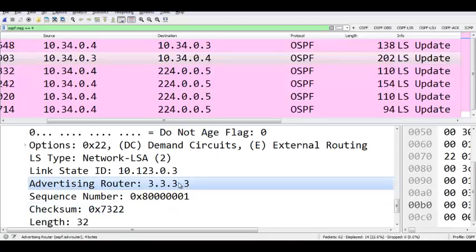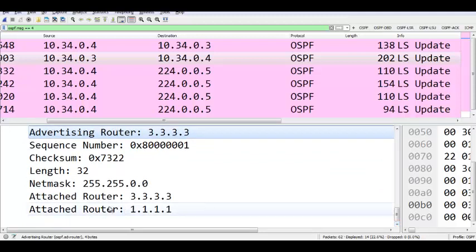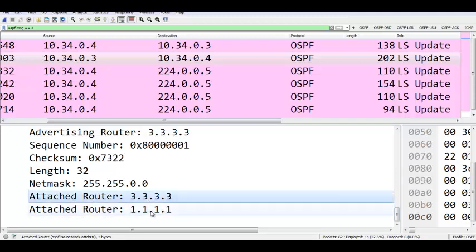So router 3's ID you can see because he's the designated router. Only he can send, and he is advertising. He's attached to another router called 1.1.1.1. So the designated router is attached to its